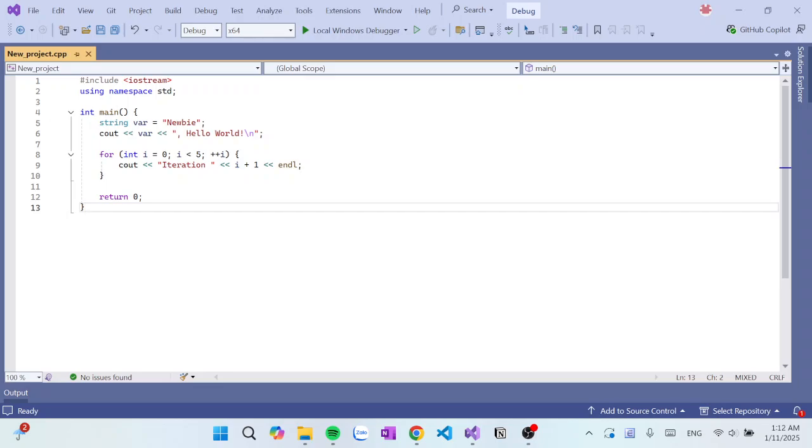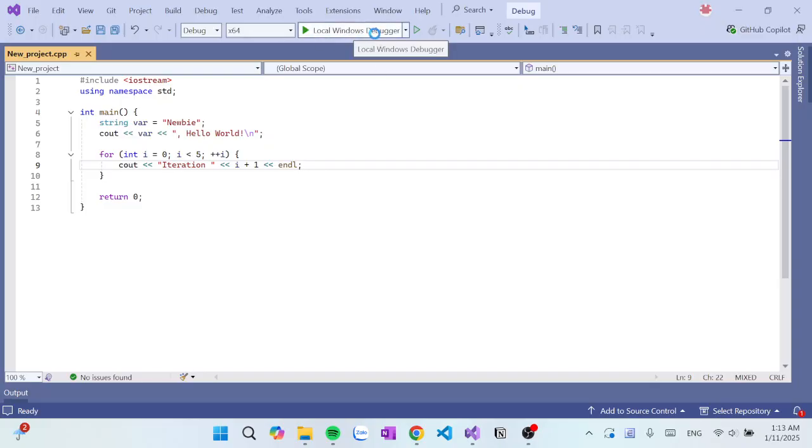So let us get started with some key features of the debugging tool in Visual Studio. First of all, I'd like to show you how to activate the debugger. There are three ways to open the debugger. The first one you can see here, Local Windows Debugger.